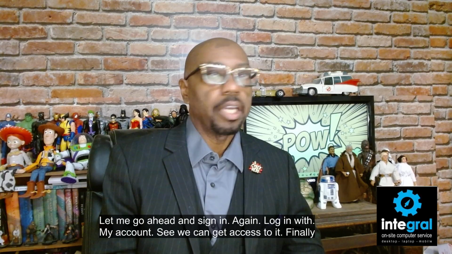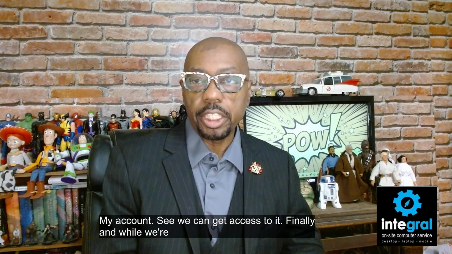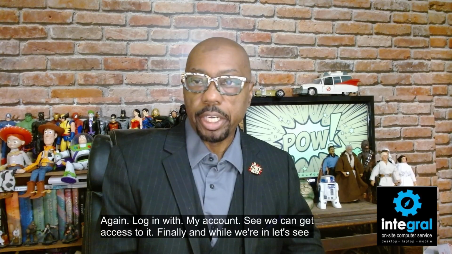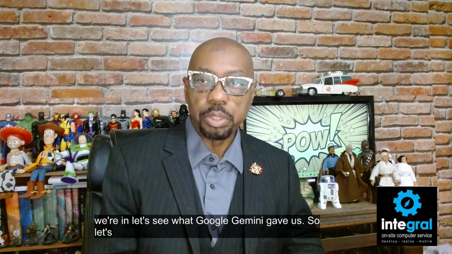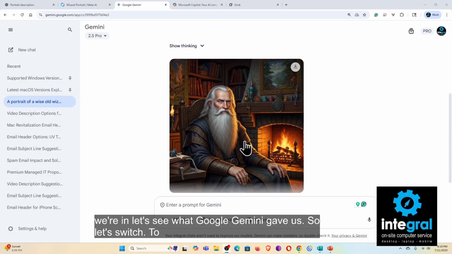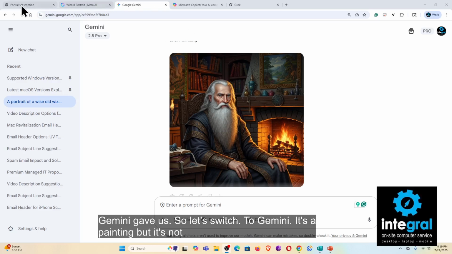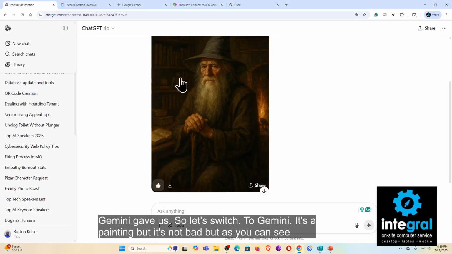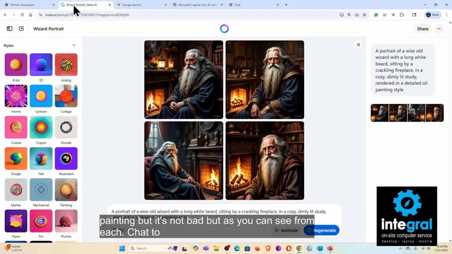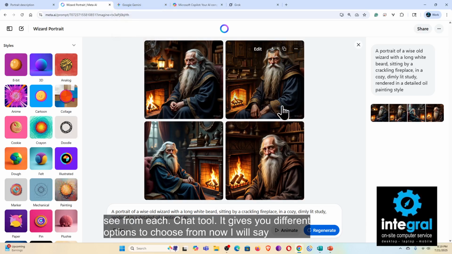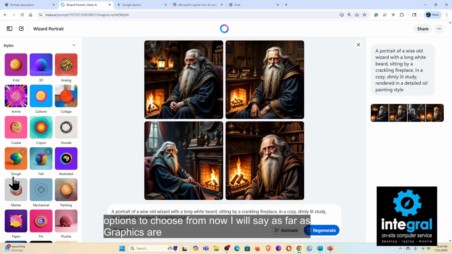Finally. And while we're in, let's see what Google Gemini gave us. So let's switch to Gemini. It's a painting, but it's not bad. But as you can see, each chat tool gives you different options to choose from. Now I will say, as far as graphics are concerned, with Meta, you get a little bit more.